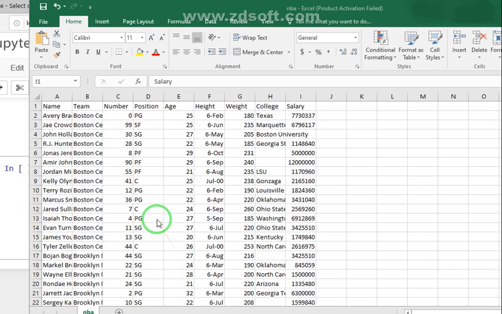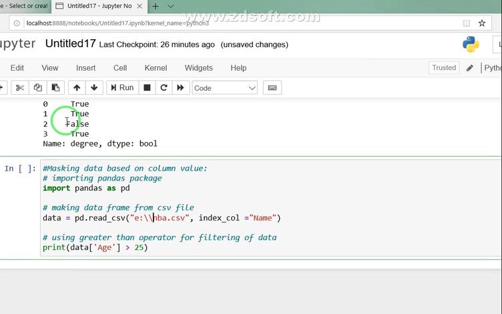See students, this name I am going to pass here as the index value, so I will use it as an index in my Python program. So, moving to the Python program. Here I am going to use my index column as the Name attribute of the NBA file.